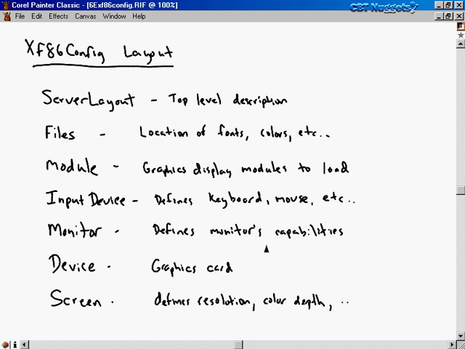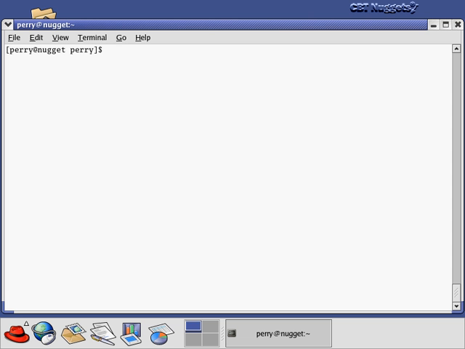Okay, now let's move out to the Linux screen, take a look at an xf86 config file, and then let's take a look at some windows before window managers take hold. We haven't even gotten to talk about window managers yet. Window managers control the next layer of display output. Let's look at what the windows look like without window managers, and then we'll bring in some window managers and talk about which ones are available and how to use them. The first thing I want to do here at the Linux screen is show you